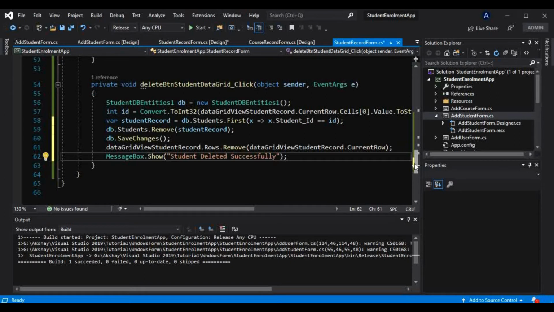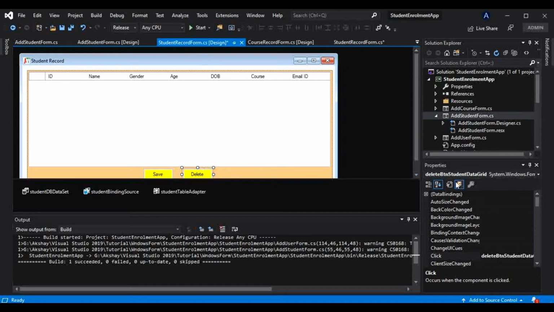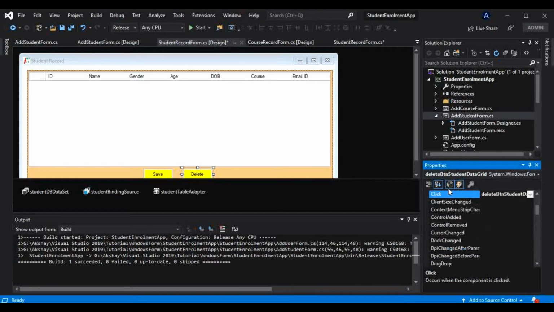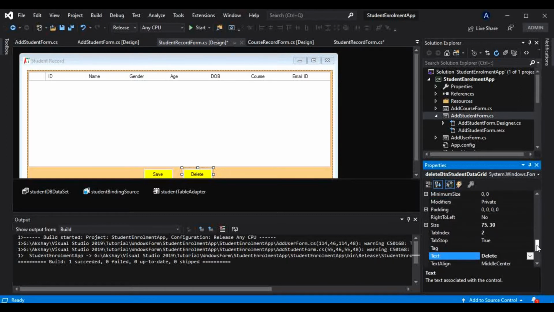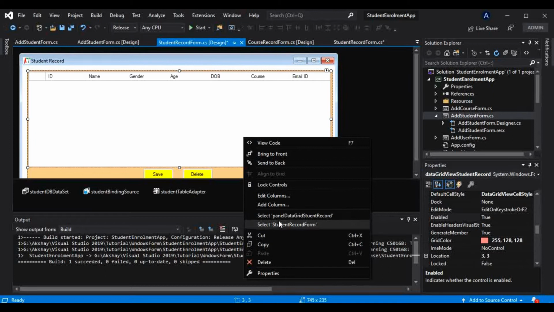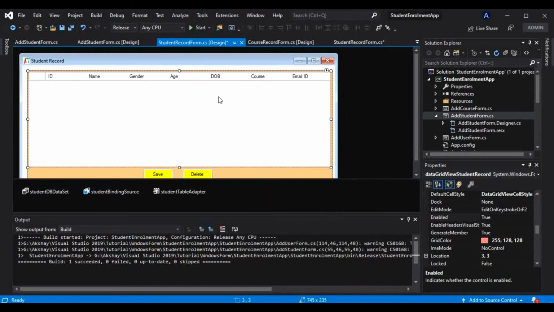And now once again, one thing we should do is only enable that delete button whenever we select that row, otherwise that should be disabled. So that is why we should also change the default behavior of this delete button. And now how can we do that? Let's go to this property section. We were in the event section, so you just click here in the middle, and this is nothing but the property section, and in that there is this Enabled that we have to make false. Okay, so the default behavior will be false, but as soon as we select any row, that should be enabled again.